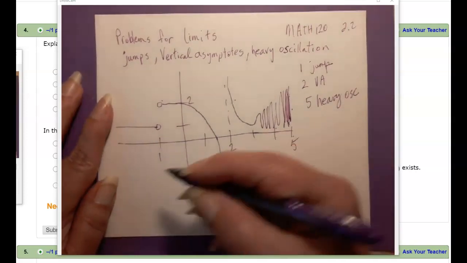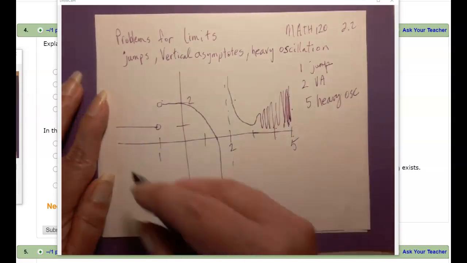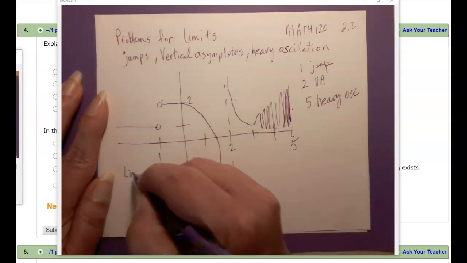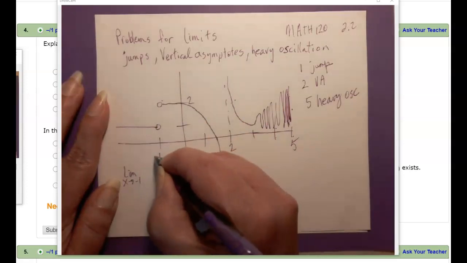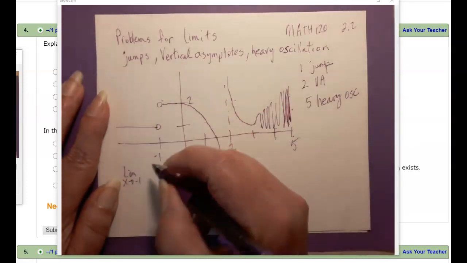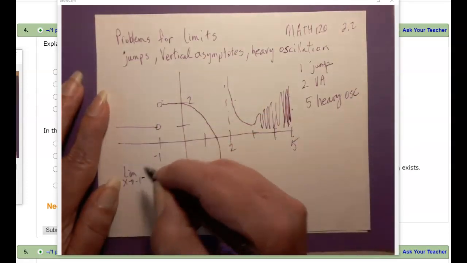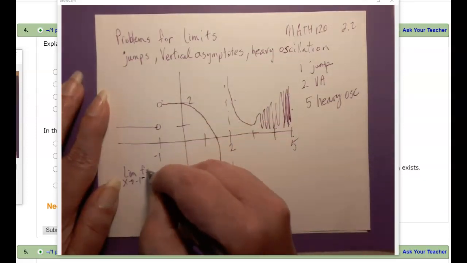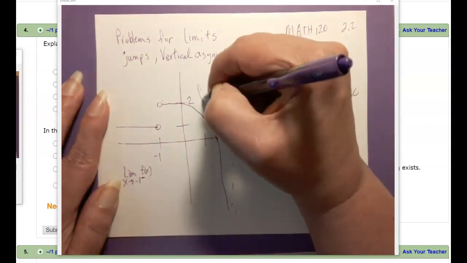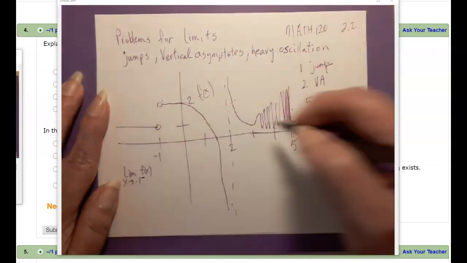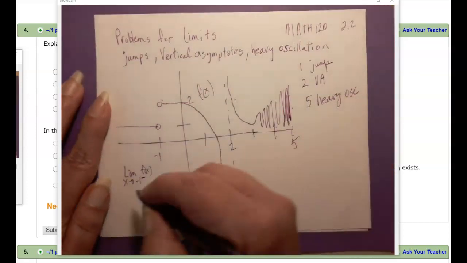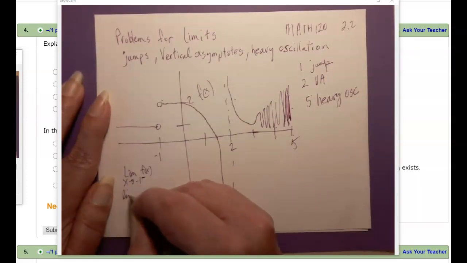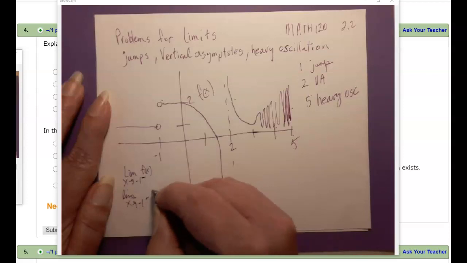So I could also ask you these kinds of questions. What's the limit as x goes to -1, that should be -1 there, from the left of f of x? So this would be the graph of f of x, the whole thing here. So it's piecewise and it's got some crazy things going on. I could also ask you the limit as x goes to -1 from the right of f of x,